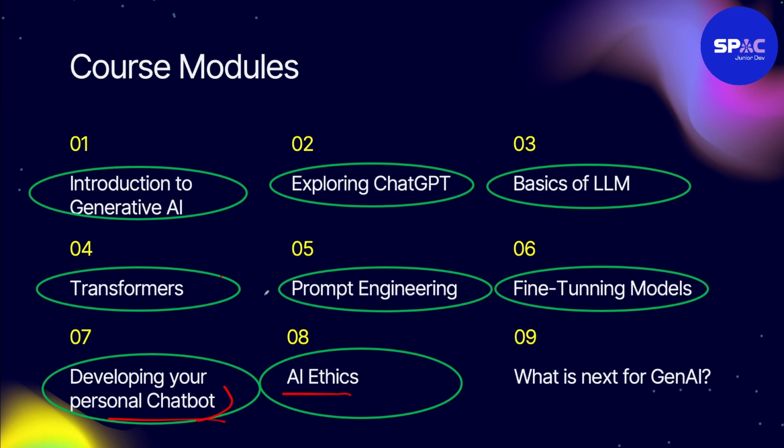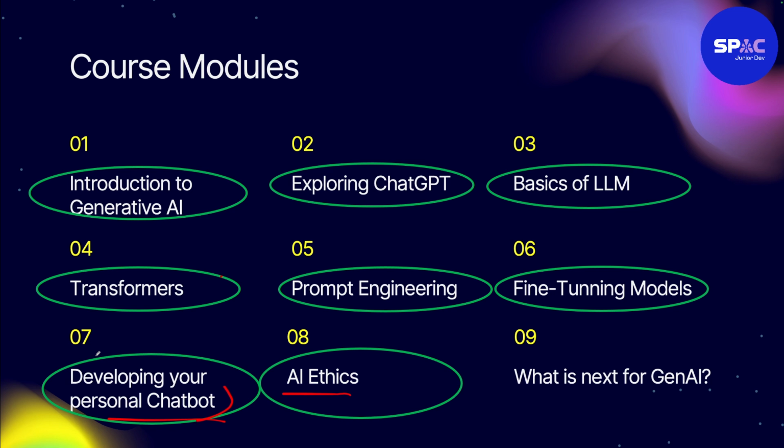So let us continue our course model for generative AI. In the last video, which is lesson 7, we did something really cool. We were able to develop our own personal chatbot from beginning to the end, writing the code and doing everything using ChatGPT API. And we saw that we can create our own personal chatbot that we can interact with personally, and we saw how to do that from end to end.